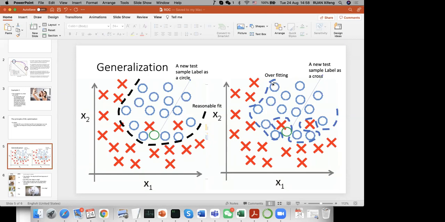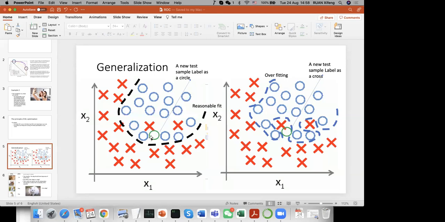And this method that uses a blue dashed line, they just twist it in here. So this method categorizes 100% of the circle to the circle area, and all of the crosses go to the cross area. So that has better discriminating power than the first method because there's no false categorization in your training. But assume that a new random test sample is added, like this green circle, and it's put here.